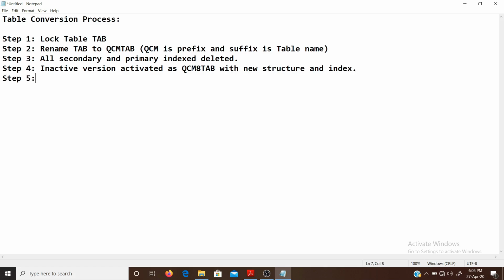Step number 5. Calcium tab, which is an old structure.